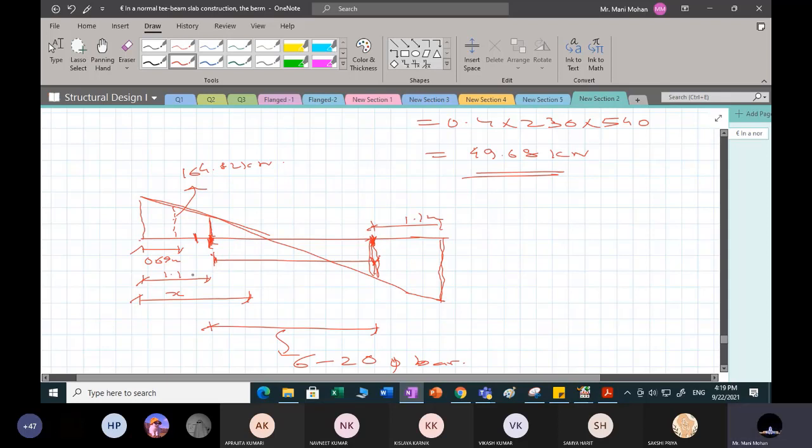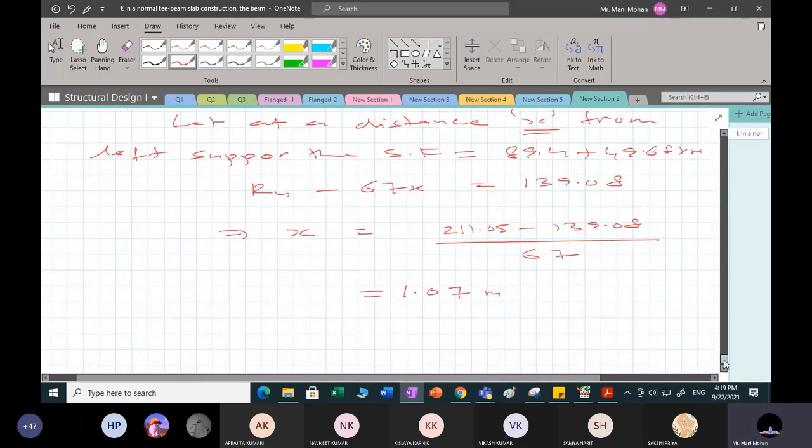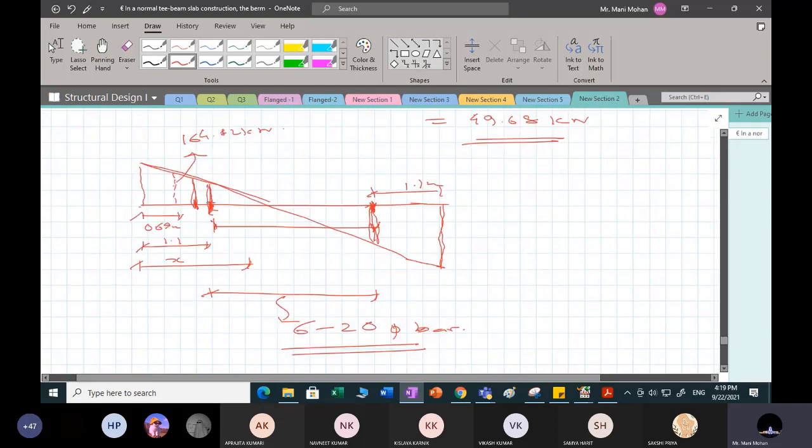We have to interpret in this manner because if I give 1.07 meter here as 139.08 kilonewton, here you will not be having a shear resistance of 139.08 kilonewton because you do not have the 620 dia bar at that particular location. I need to make sure my shear resistance has to be 139.08 kilonewton. And if I come over here, of course my shear is less than whatever I'm going to have. Okay, so I hope this point is clear to you.